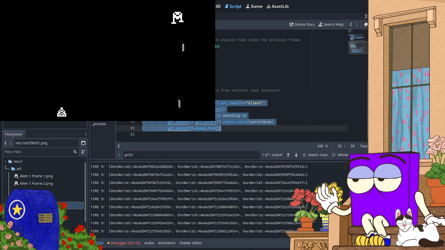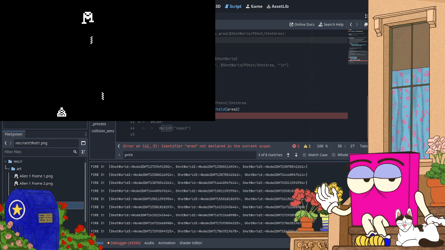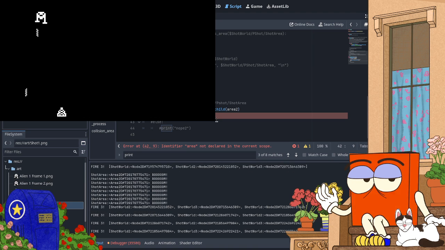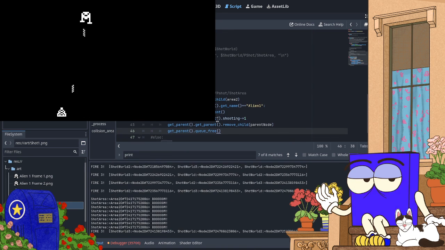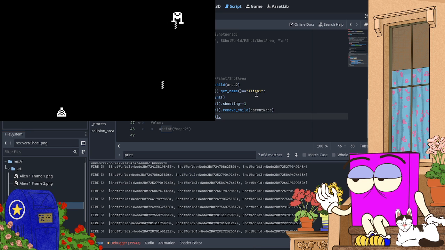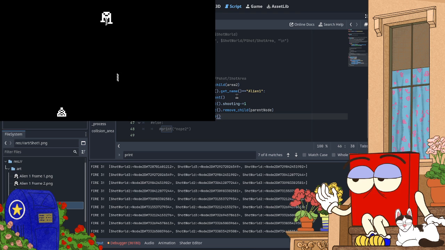I think I'm going to copy the script and then alter it as appropriate. Get name equals area 1. Var parent node equals get parent.